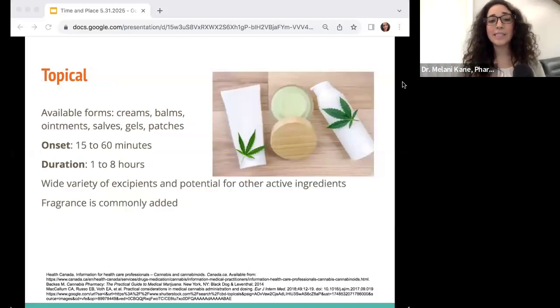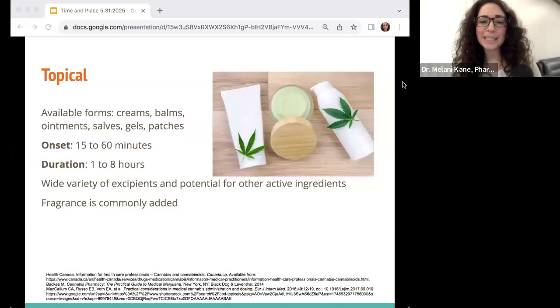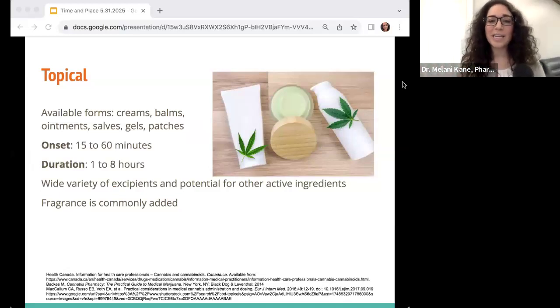And then last but not least is topicals. I would never recommend a topical as a mainstay treatment. I think of it as more of an adjunct or a complementary type medicine, especially like I think of patients with fibromyalgia. They have widespread pain and analgesia and sensitivity, nerve pain, anxiety. They have all these different symptoms throughout their body. I can't reasonably expect them to douse their whole body in a salve. That's neither realistic nor cost effective. So I see these as more of an add-on if they have specific areas, an area of spasms that they want to target directly.